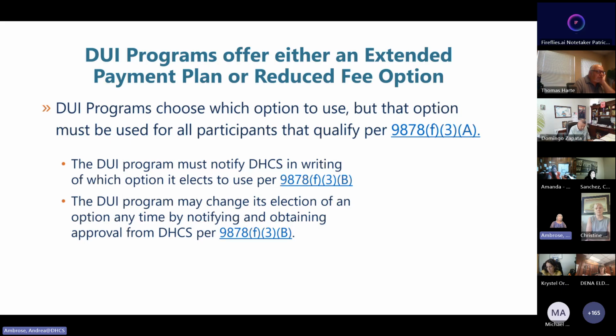And then if at some point you change your mind, like you're currently using the extended payment plan, but then you decide you'd prefer to offer the reduced fee option, you can do that. You just need to let us here at DHCS know, and we'll approve that change.